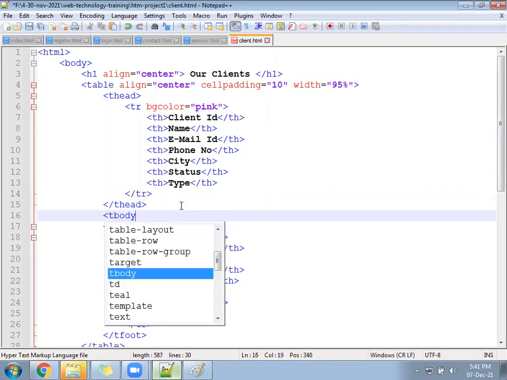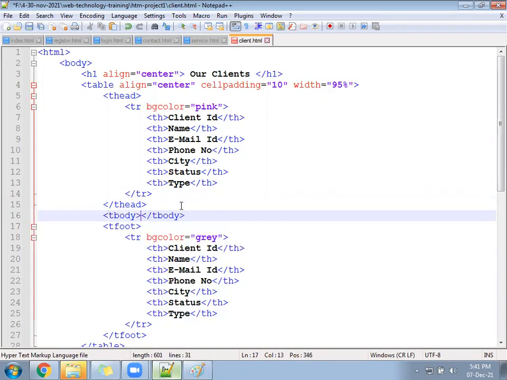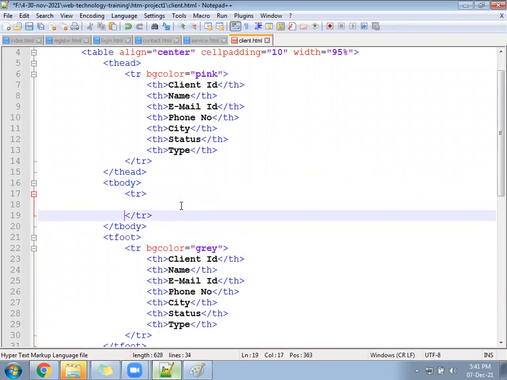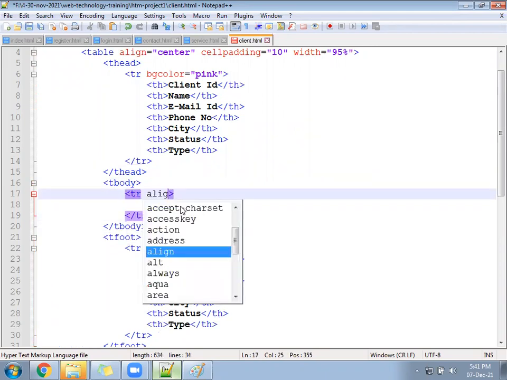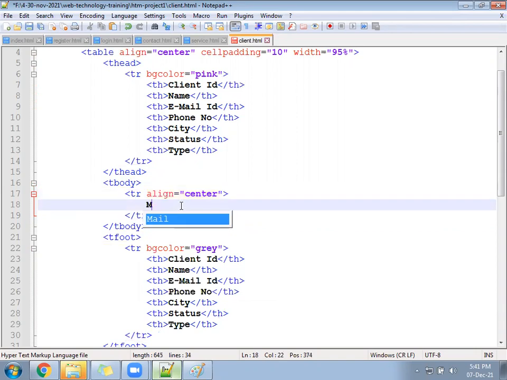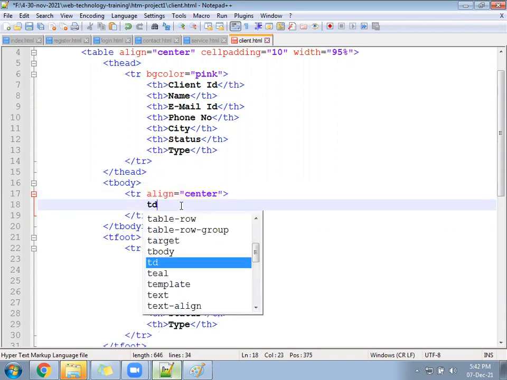T body open, T body close. You will write a TR. This TR will be center aligned, align equal to center. Then TD you will follow.